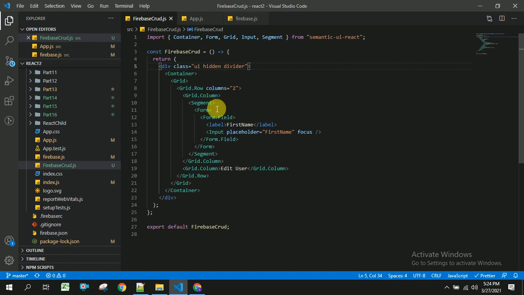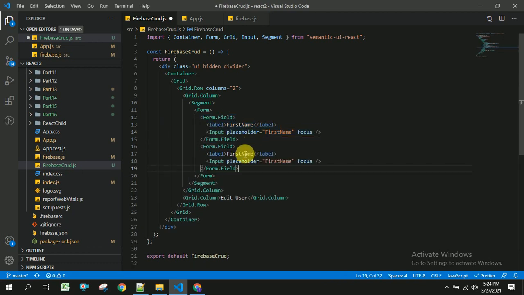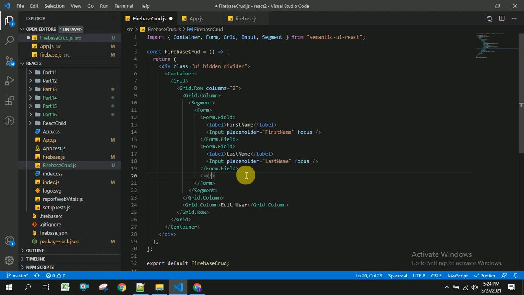And I'm going to create another field with last name, and the placeholder will be last name, and another field for the add button.